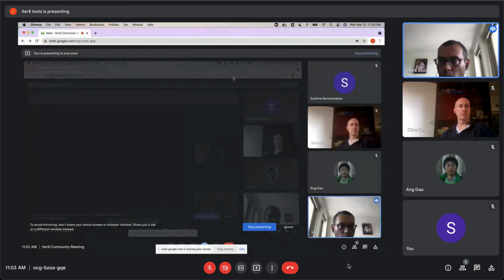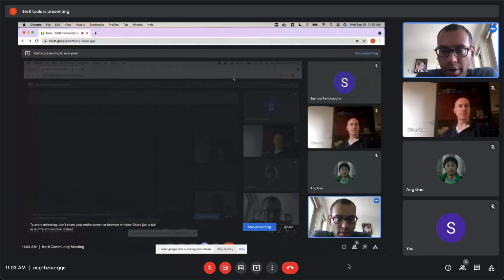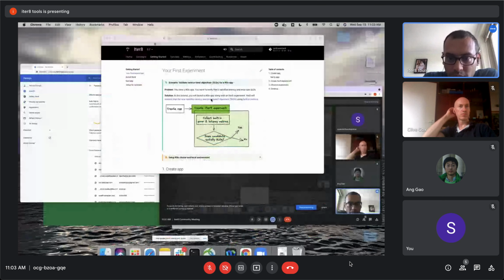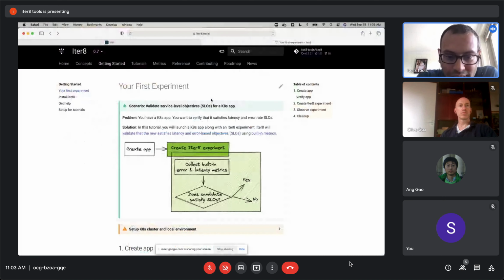All right, so let's get started. Today's meeting is really about GitOps. So what I want to do is take a very basic and simple experiment, just run it first without any GitOps, and take a look at the experiment, and then try the GitOps version of that experiment, and then look at the diff between the two experiments and exactly what was needed to make